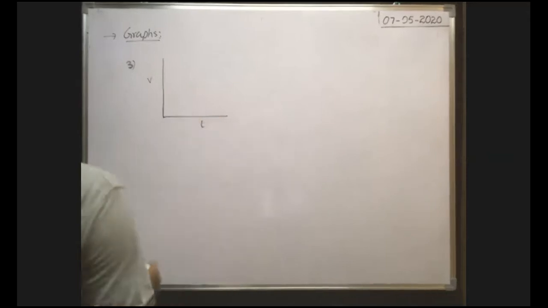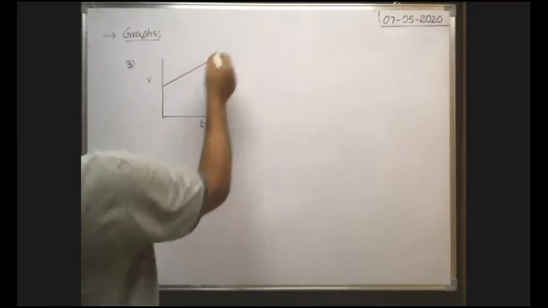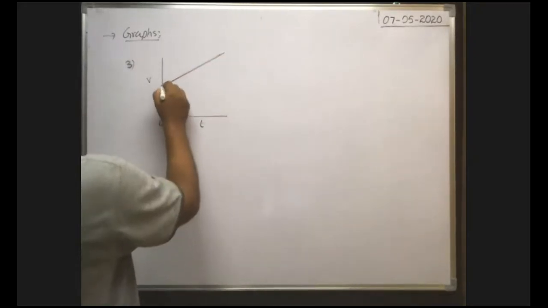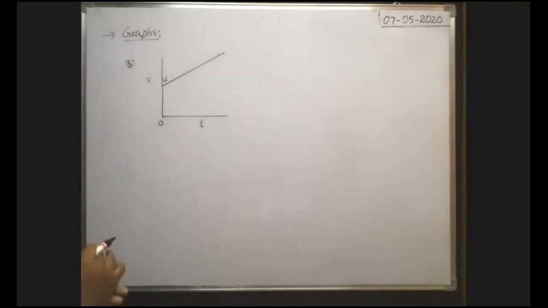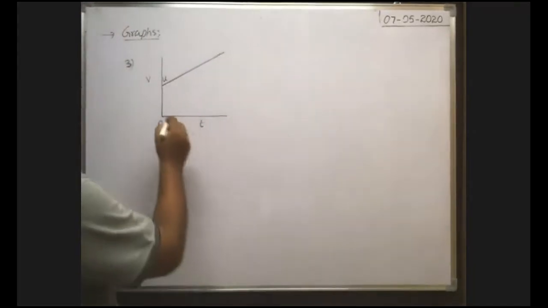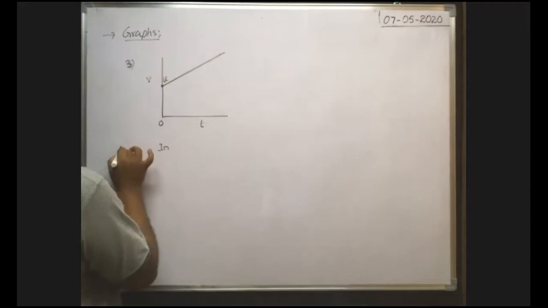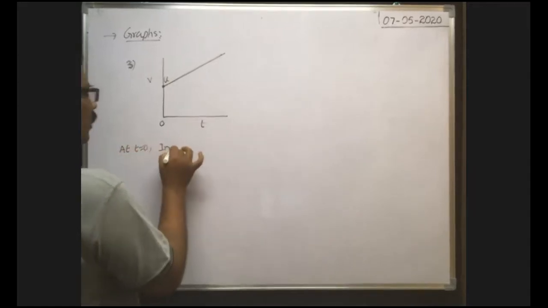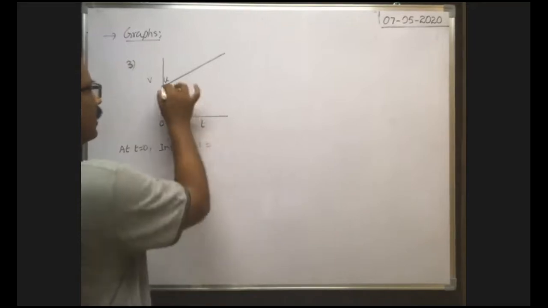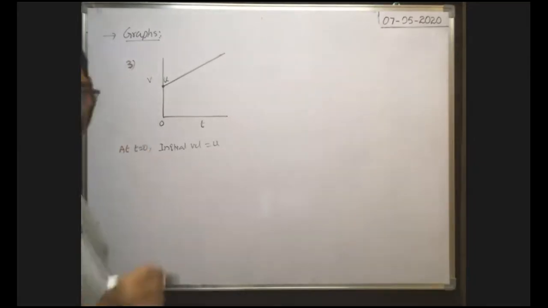Velocity time graph is given. Here, the velocity time graph is a straight line like this. Exactly at t equal to 0, velocity is u. Now, from this graph, what inference can we draw? At t equal to 0, the body is having some velocity, no? That means it is having some initial velocity. Initial velocity is equal to u, as the symbol is already given. Next, slope of the velocity time graph gives what?